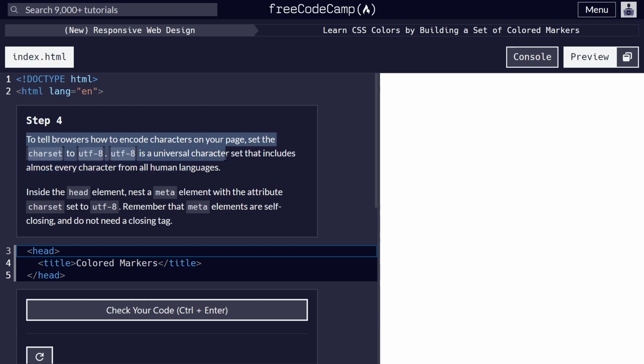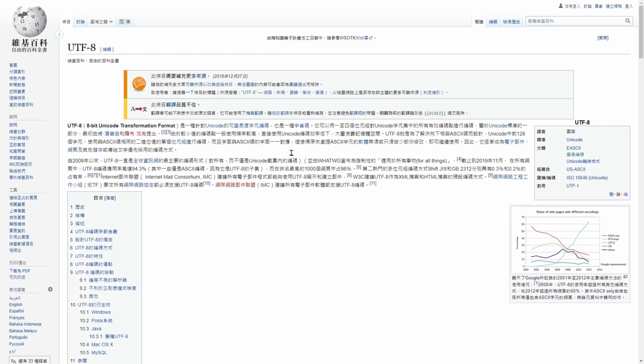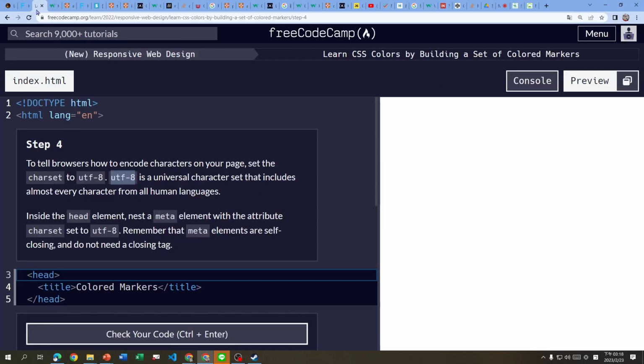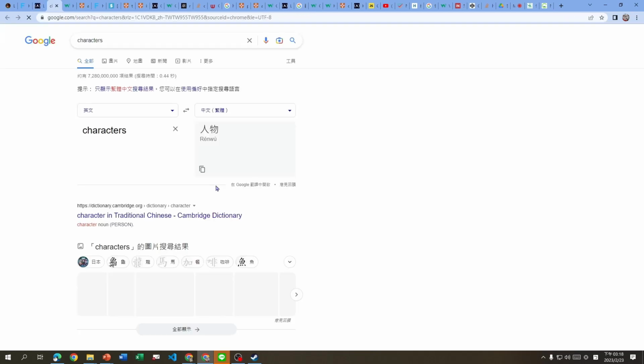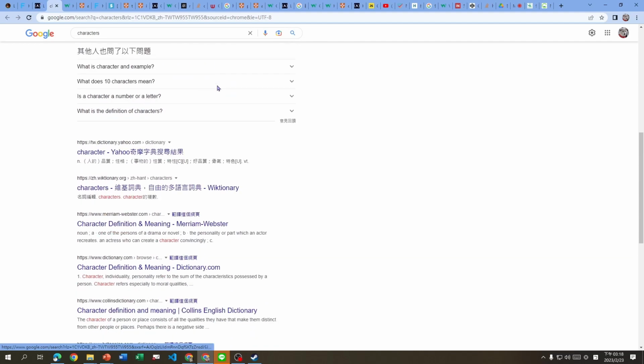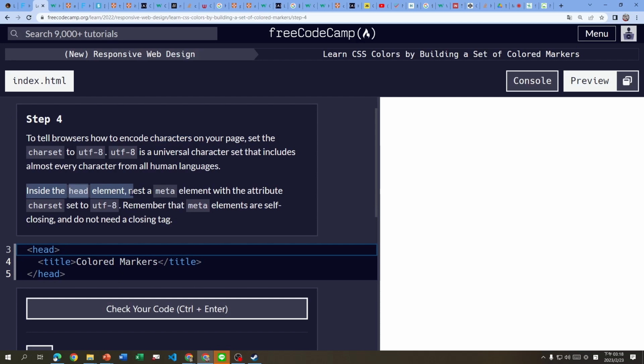UTF-8 is a universal character set that includes almost every character from all human languages. 反正就是要告诉浏览器你的字体要怎么处理，我忘记 character。我记得这个 UTF 好像是什么东西？Google 一下。它是某一种编码形式。